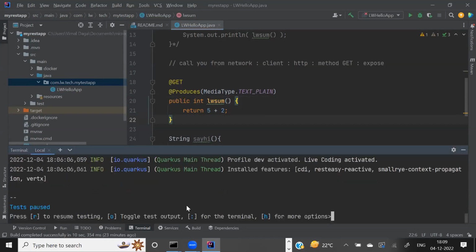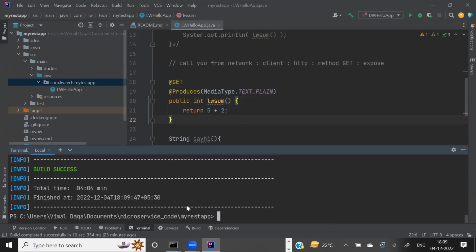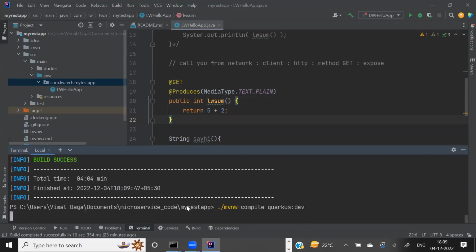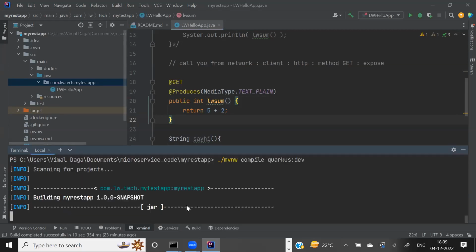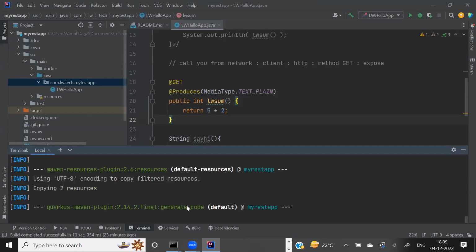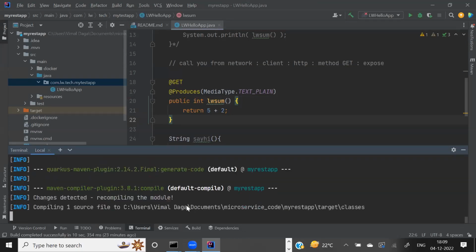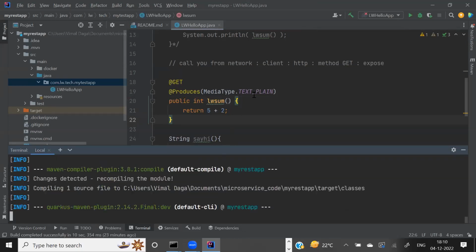So let me do one thing. Let me press Control C to close this program, and again let me run this. Okay, now this error does not come up, but this is not the main thing I'm looking for. Now that the warning is gone, what I'm looking for here is this one big program.